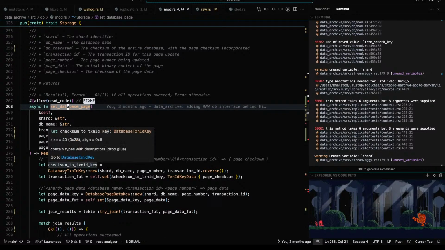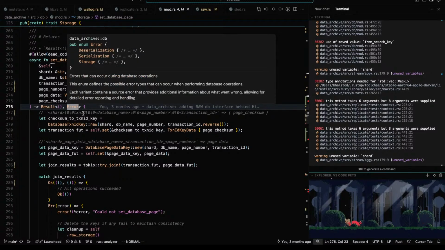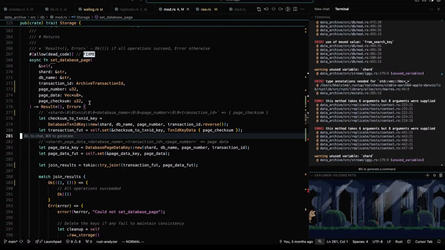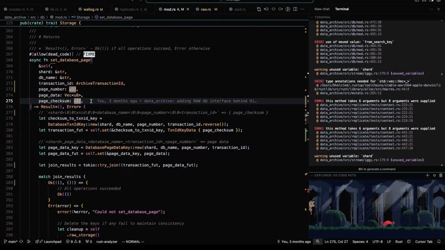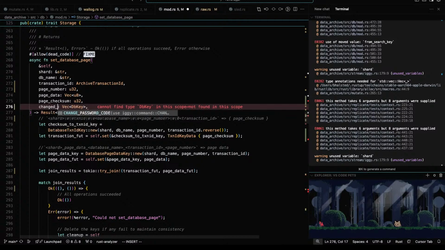So regardless, in the event of either success or error, we need the list. Changed keys, something like that.